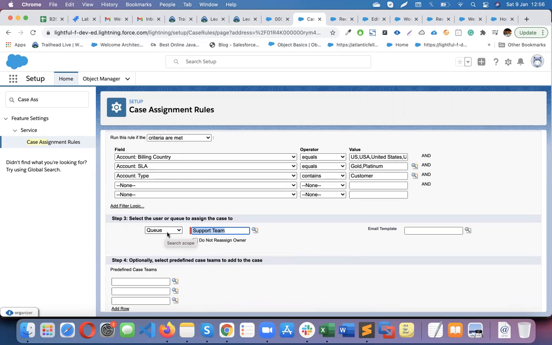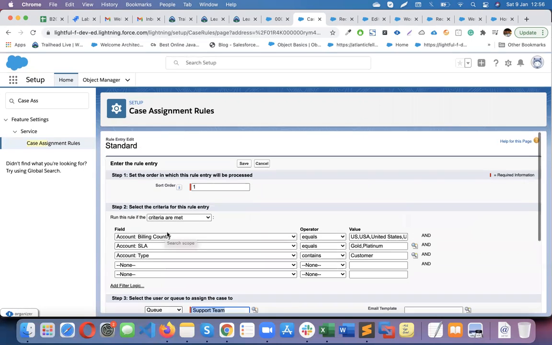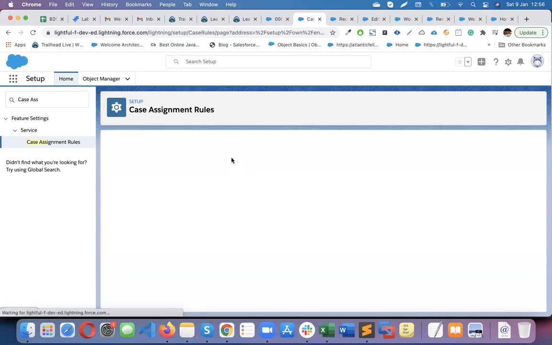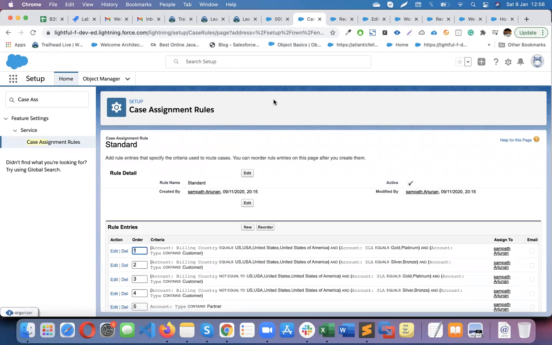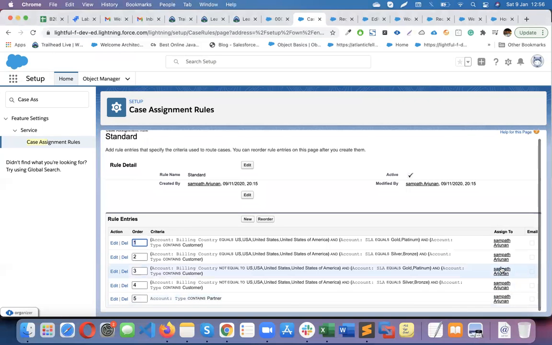As soon as the case is assigned to a queue, the queue members will have access to it, and anyone can go and take ownership of it. They can assign themselves and start working on the case. We can do that for one person too, right, so that it gets auto assigned. Yeah, like I'm doing it for one person now myself. You can do it for one person or via a group. There are multiple options.